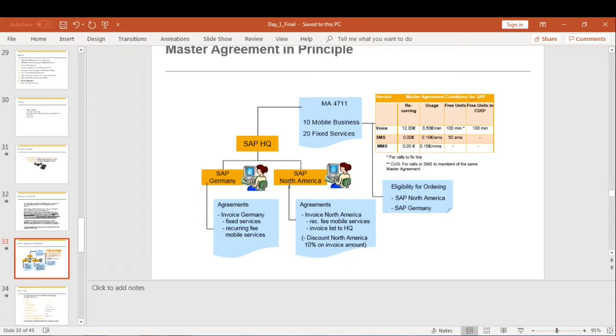If there is some gun manufacturing or defense company and it wants to sell its products only to military people, it will create the master agreement and maintain those specific products only for the military people.